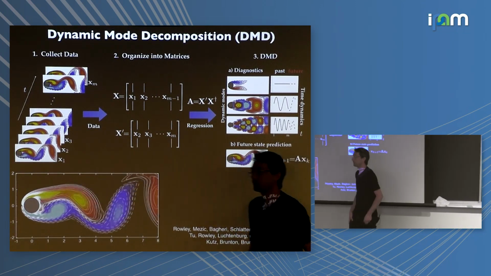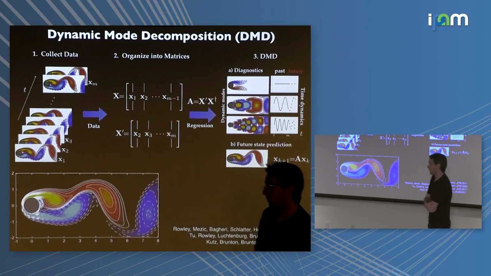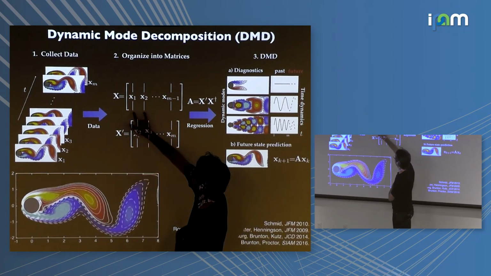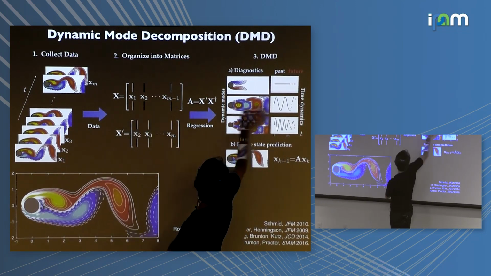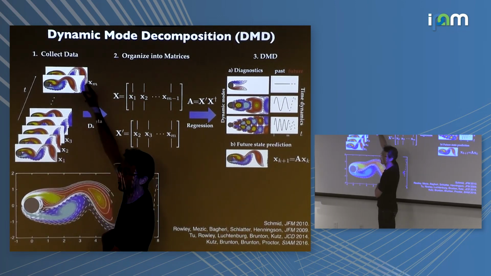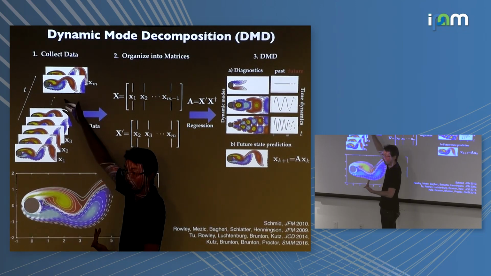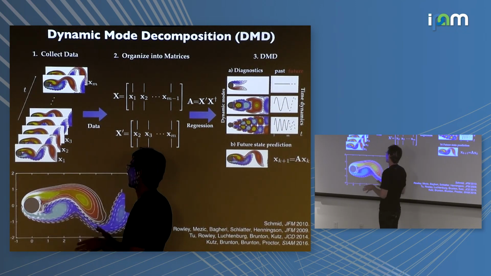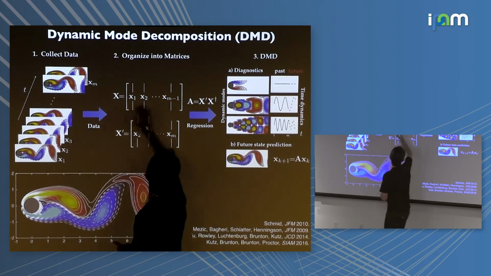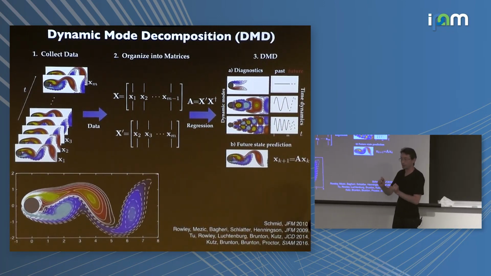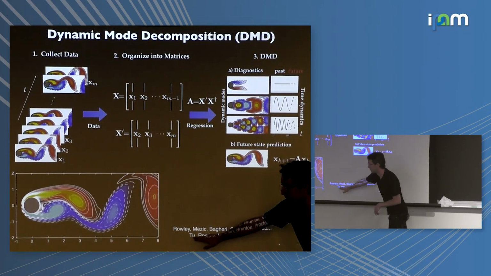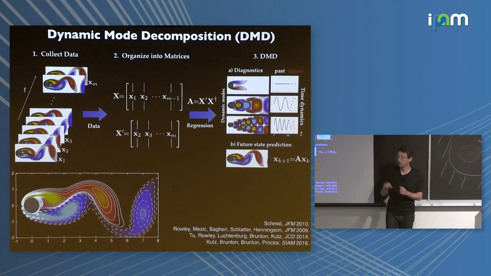Okay? Yeah? A simple question about how does it depend on the number of time steps? Yeah, so you want the time between these to be small enough that you capture all of the relevant frequencies. And then in this kind of example, I want to sample for at least one full period, hopefully more, so that you can kind of average over it. Now, there are some pretty remarkable properties. If you have very clean data, you can actually sample less than one period, and you can actually get pretty good approximations to the low frequency behavior. Not completely well understood, but Jonathan looked at this a lot in his thesis.